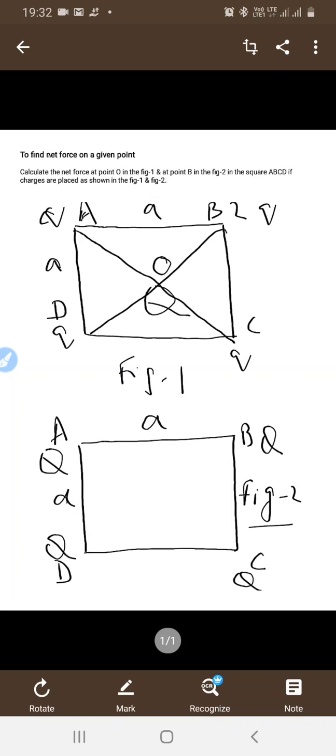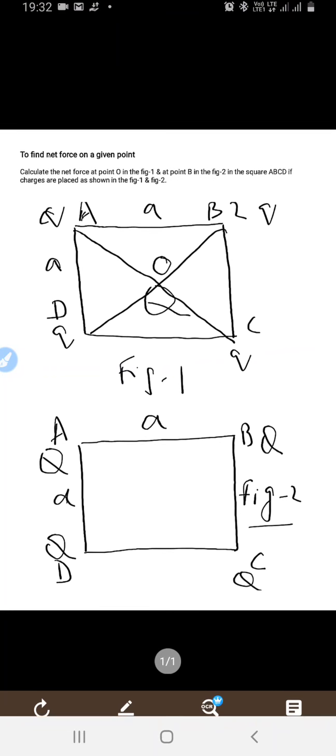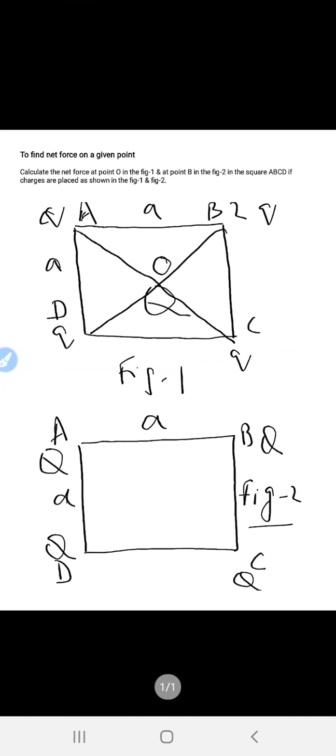Here is one question, mentioned in figure 1 and figure 2, a separate type of question. In question 1, I read it. Charges plus Q, plus 2Q, and plus Q are placed at the vertices A, D, C, and B respectively of the square, and at the center of the square a capital Q charge is placed. So to find the direction of net force acting at O,